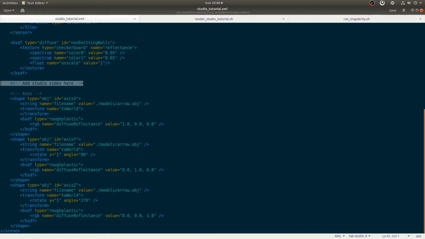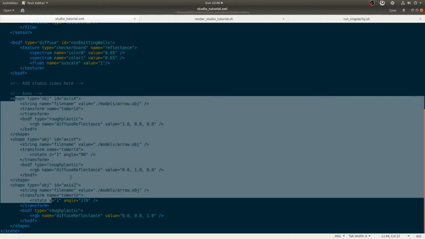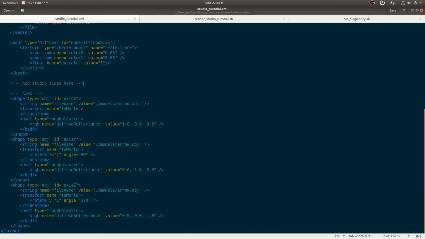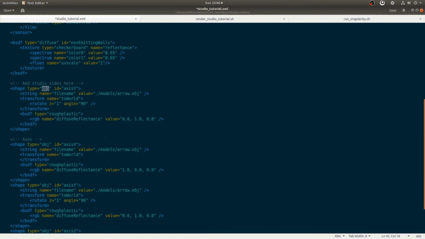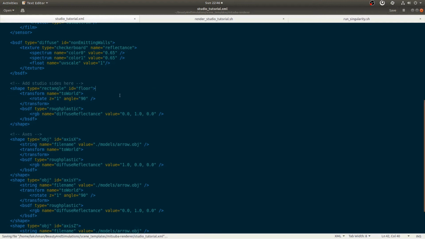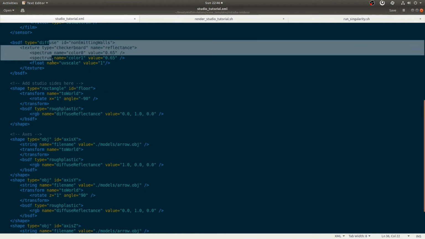We will add the required section of this scene below this line. We can borrow some part of the code from the section that places the axis vector in the scene. I am going to borrow from axis y since it includes some transformations. Shape type here should be rectangle, and I will change the ID to be floor. Note that we cannot use the same IDs for different sections in the same scene file. ID needs to be unique. Based on our previous demos, we need to rotate the shape negative 90 degrees about the x-axis. Let's change that.